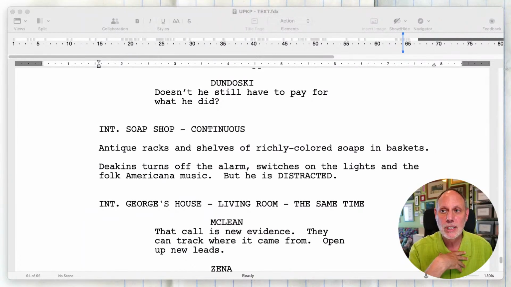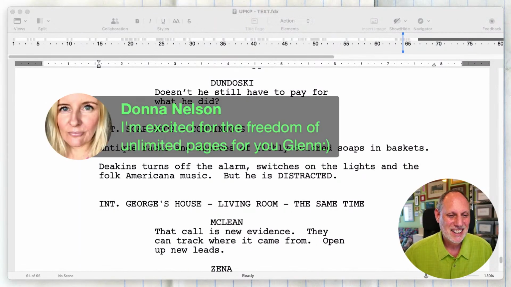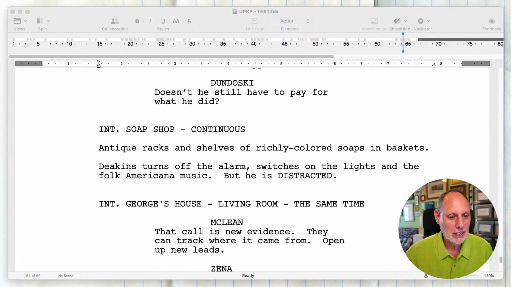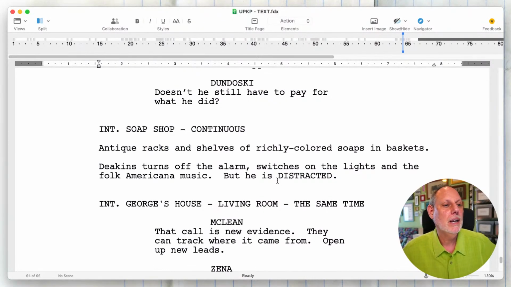The way I write scripts is to make sure they keep moving and that there's always action happening, that we are getting characters relating to each other. And I can't worry that that's going to be bad, because that's what it is. I mean, a novel isn't supposed to be boring, so I'm cool. I feel like that, yes. Thank you. I'm excited for my unlimited pages of freedom too.